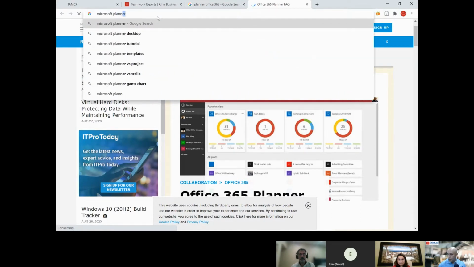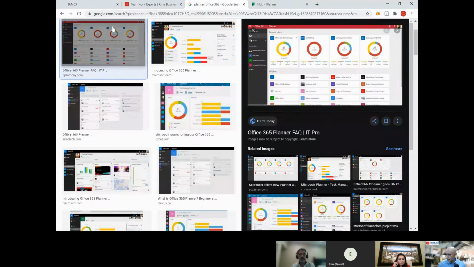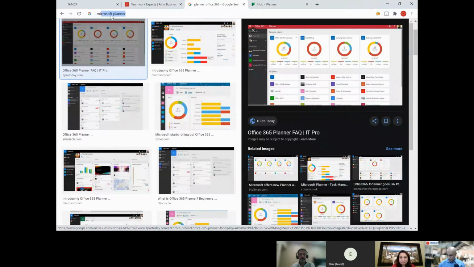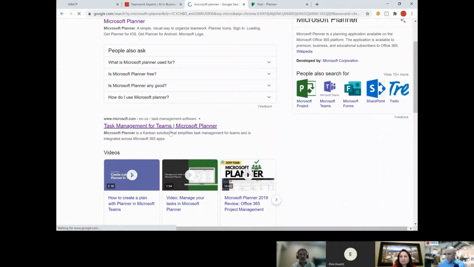Yeah, Planner has a good look here. Oops, it's letting me log in here. No, I don't want to do that. I want to go more. Yeah, this one. Okay, perfect.